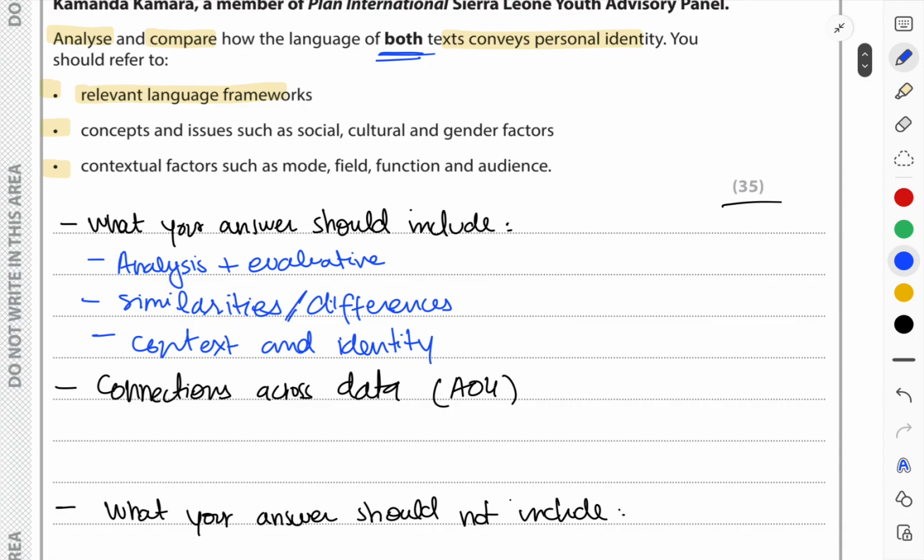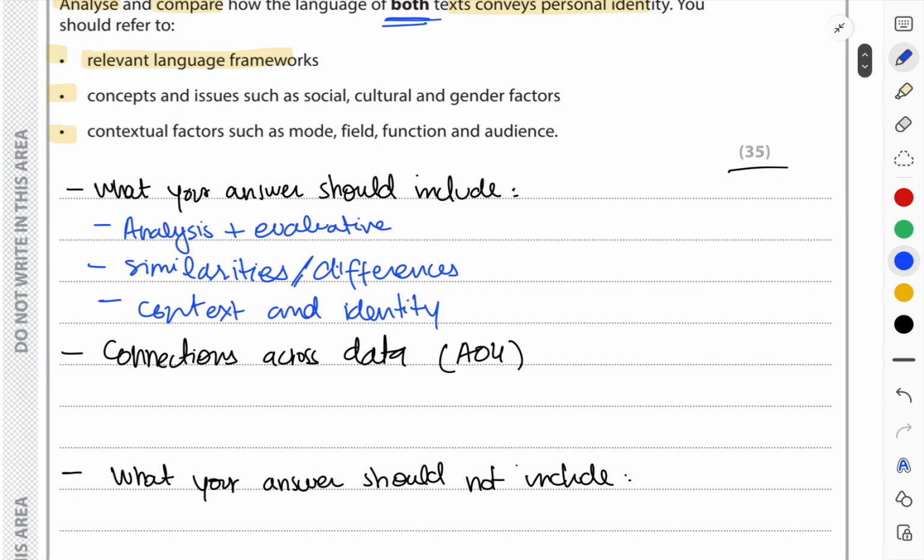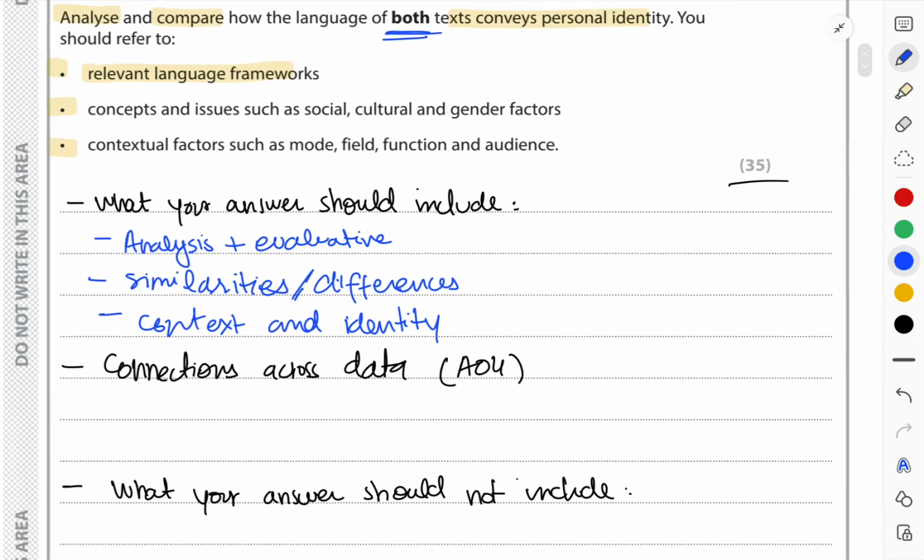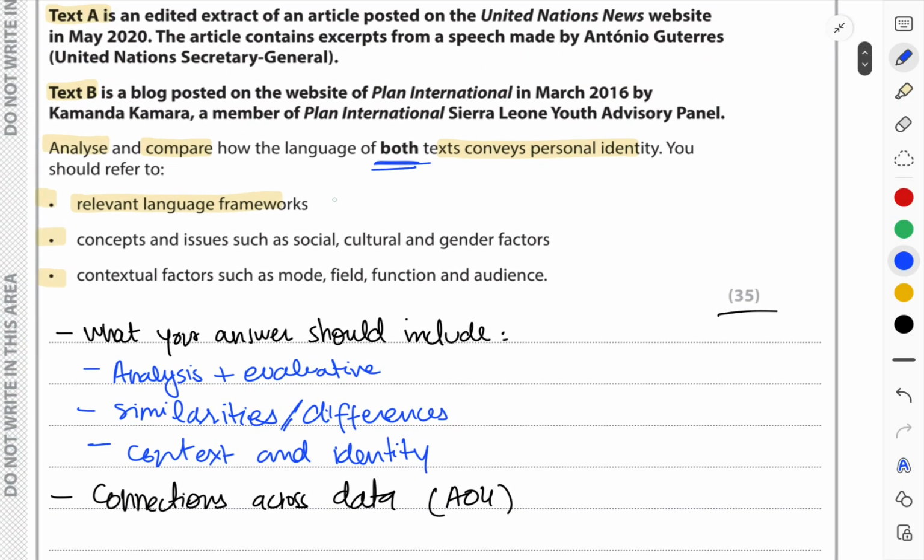So these are some of the things that your answer should definitely include, because if these things are not present in your answer, it makes your answer weak. So this is something you should definitely have in your answer. If we go to the first bullet point,